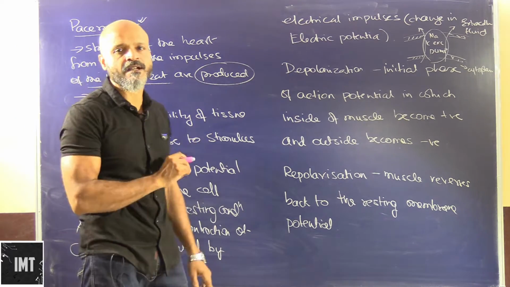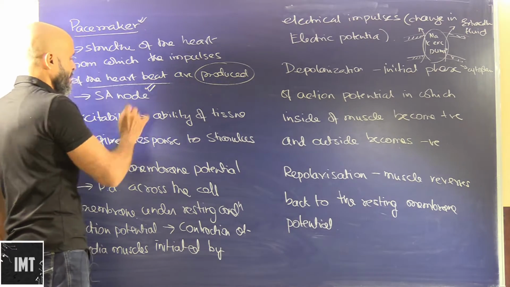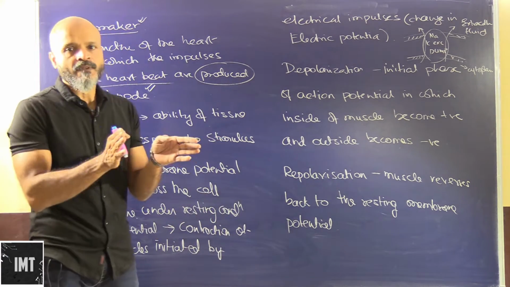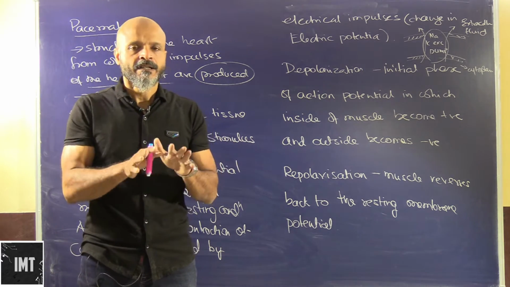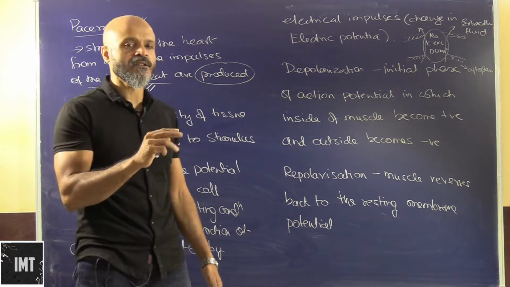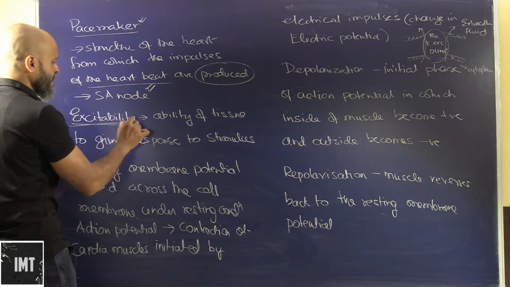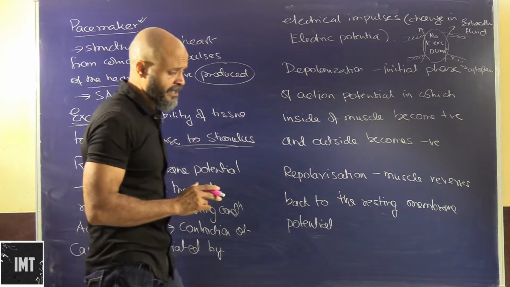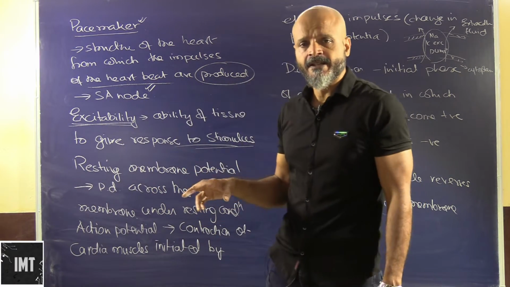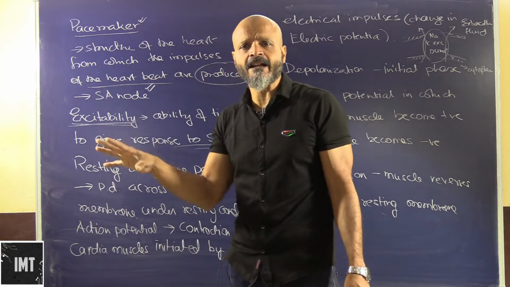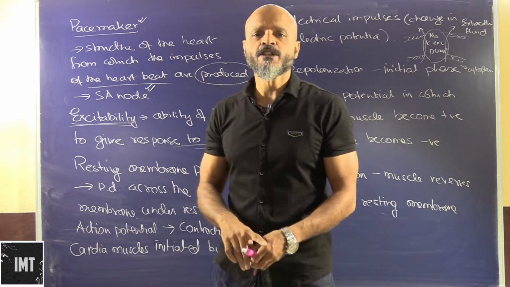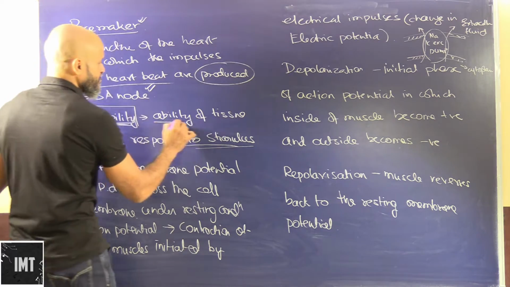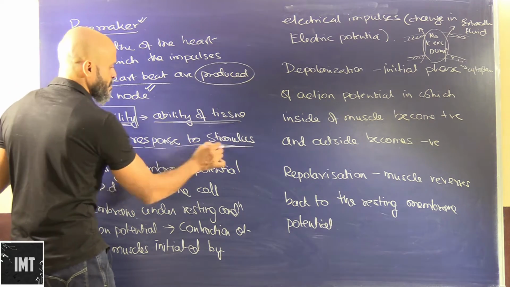So basically the impulses are produced, as we all know, in the sinoatrial node, a remnant of sinus venosus, and this is very important because these impulses travel throughout the heart. There is a specialized mechanism through which the impulses are transferred throughout the heart. Excitability means the ability of a tissue to give response to a stimulus. The stimulus is created due to potential difference, and that's how we will see the entire mechanism, but these are general terms which we need to be aware of before we start with the process.